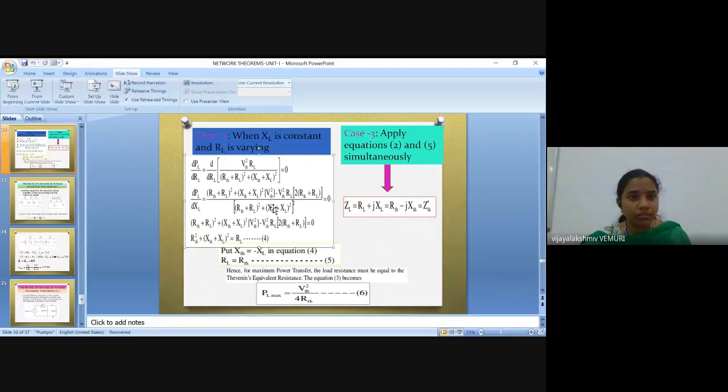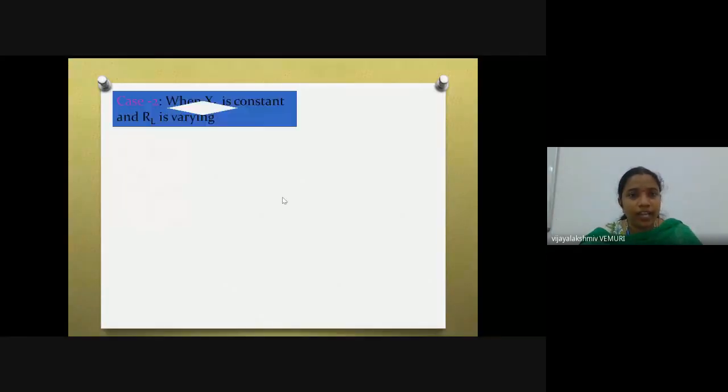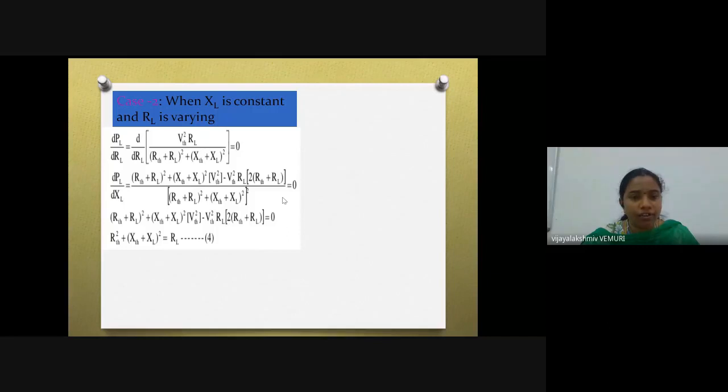Where are we, ma? Yes. When XL is constant and RL is varied, have you got this fourth equation, every one of you? Please let me know. So when RTH plus RL whole square plus XTH plus XL whole square